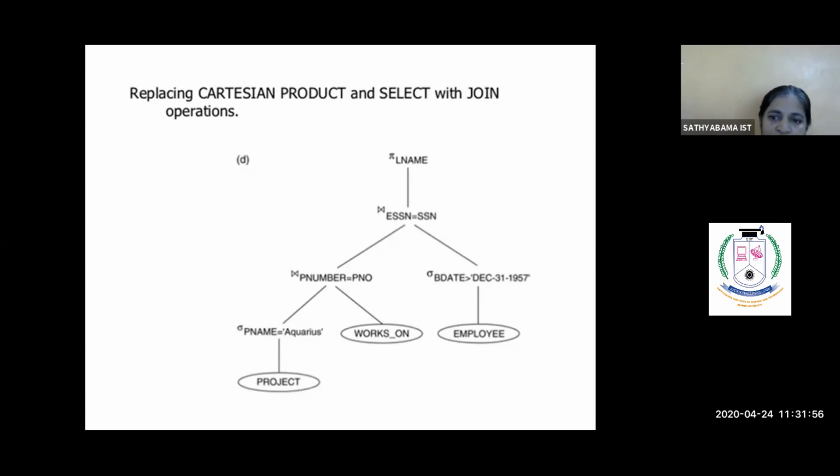And again the resultant table will be combined with employee table. Here also we have given sigma birth date should be greater than that particular date. So based on that particular condition, those rows alone will be fetched, and that will be joined. You're combining these two resultant tables now by means of join operation. Again, we have given a condition, employee SSN should be equivalent to social security number of employee table. So these must be matched. Again, we are joining based on this condition, and this resultant table will have no redundant values, from where you are projecting only last name.